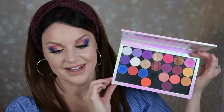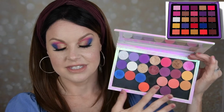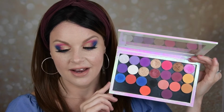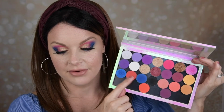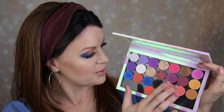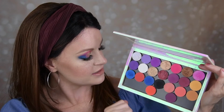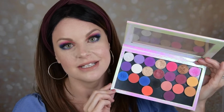So this is my version of the Norvina 1. I will link all these shades down below, of course, but I'm going to swatch these for you. And I really love the color story of this. As I said, you have complementary colors. You have blue and yellow. You have purple and oranges. And I just think this is a very cute palette, but I don't need it,